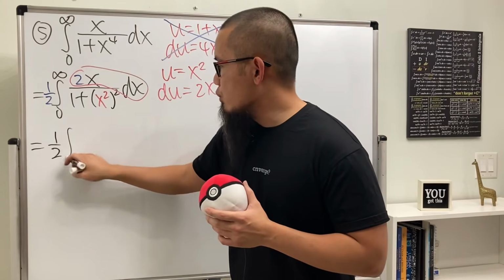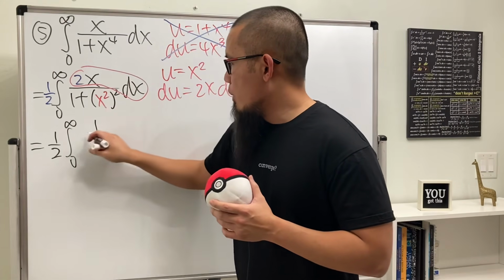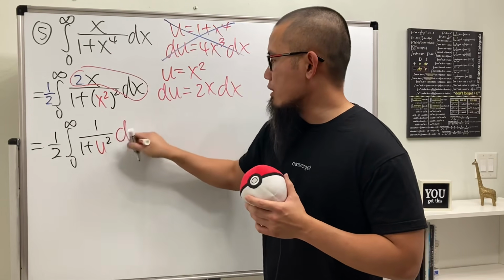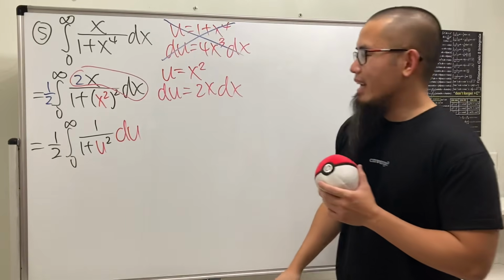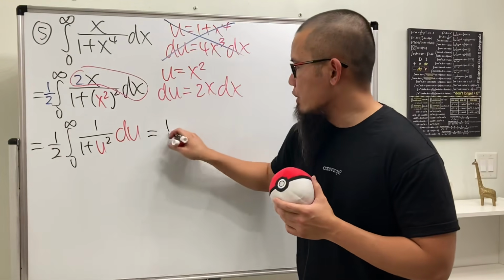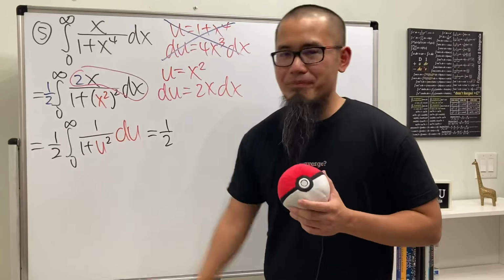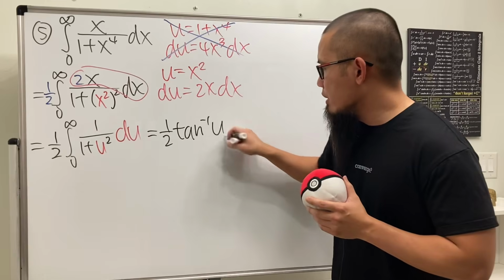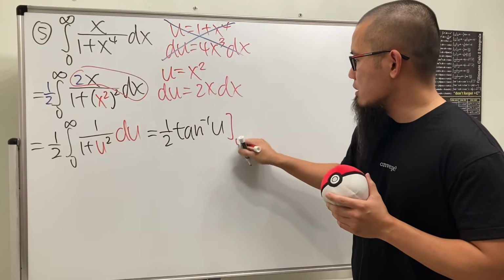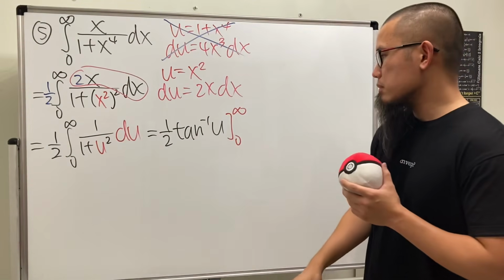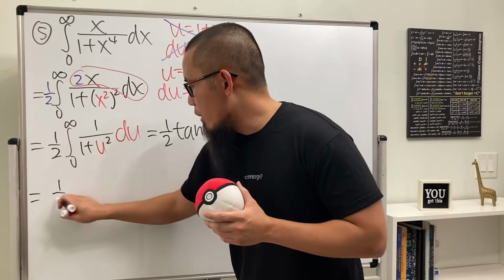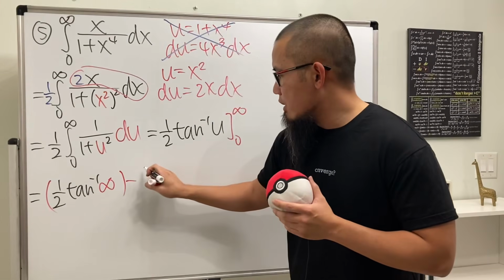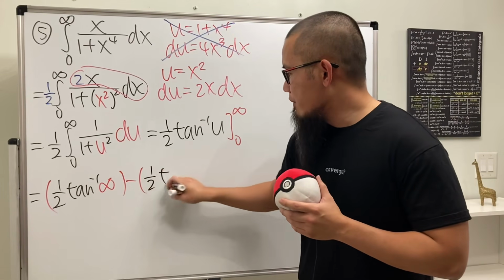And then we just have the integral going from 0 to infinity of 1 over 1 plus u squared, and then we have the du on the side. All right. And then we see this right here is just 1/2. And what's this? Inverse tangent of u. Yes. So we get the inverse tangent of u, and then don't forget we have to plug in now. So we plug in 0, infinity, infinity goes first. So first term we get 1/2 inverse tangent of infinity, and then minus second term we have 1/2 inverse tangent